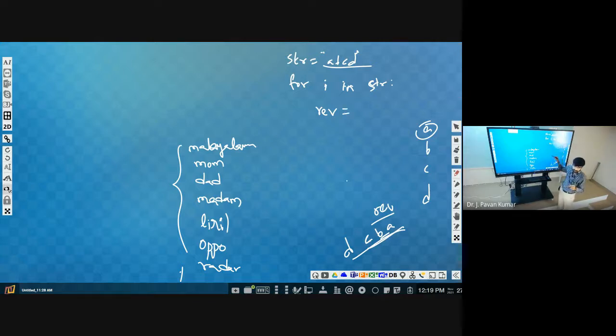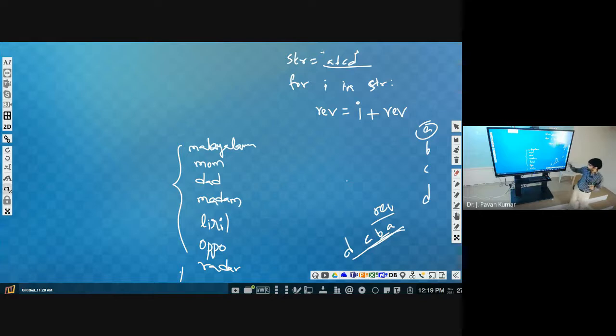Reverse equal to whatever character we are considering currently, that is I, concatenated, in the sense appended. The concatenation operator is plus; for strings we can use plus directly. So I plus whatever reverse we have already. That is, reverse equal to I plus reverse. Then we will be getting the reverse.